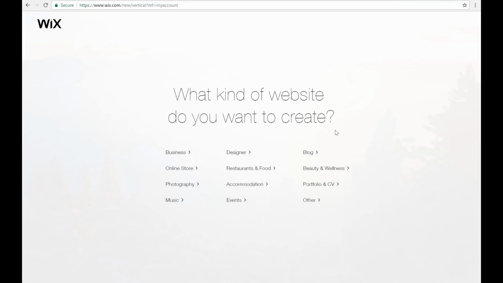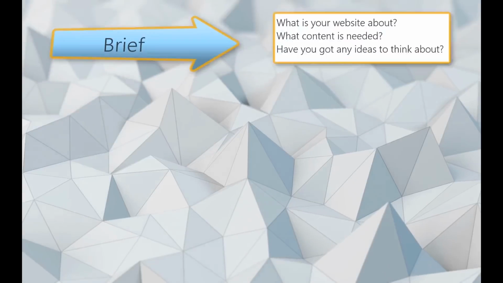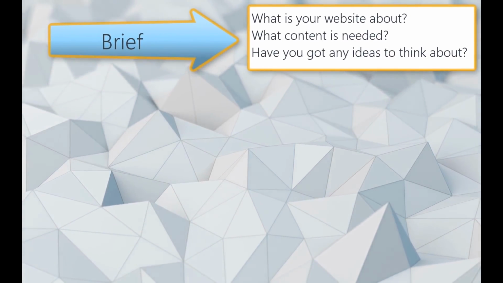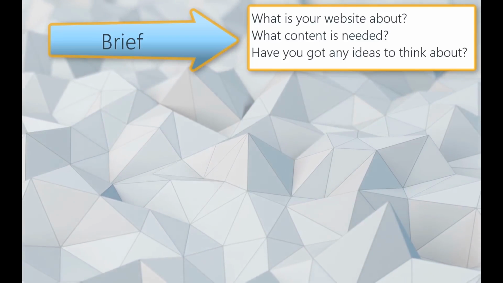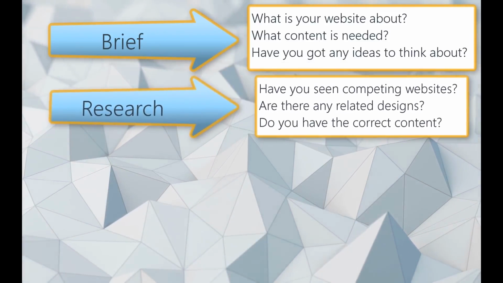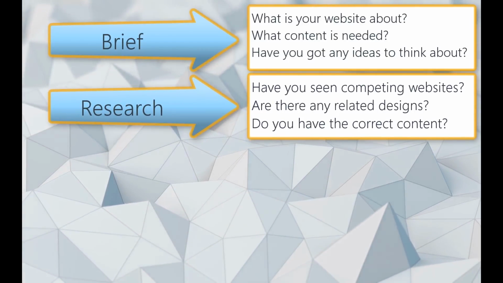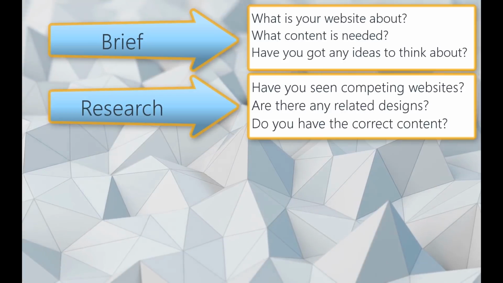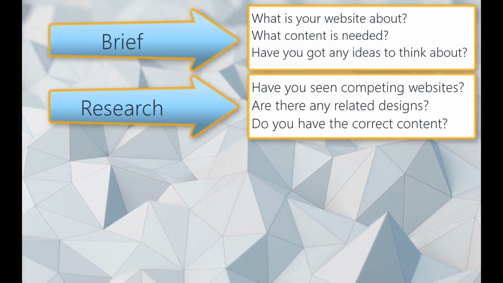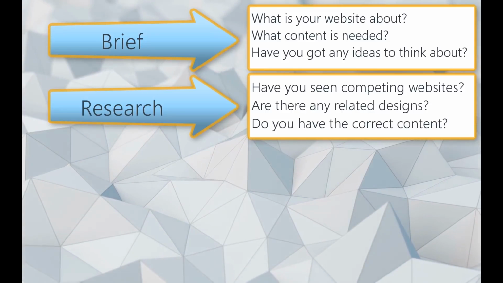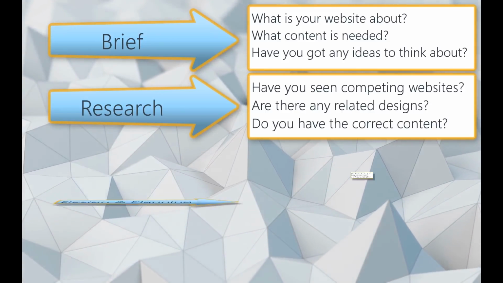So what kind of website do you want to create? Before you start to build your website, I would recommend having a brief look at the web design process. This will give you the background knowledge for your design. Research is really just finding out information related to your project to give you a better understanding of ways to carry out the development stage. Looking at competing websites is also good practice to make sure that your design is original.